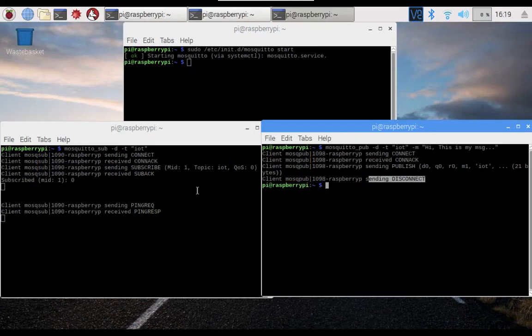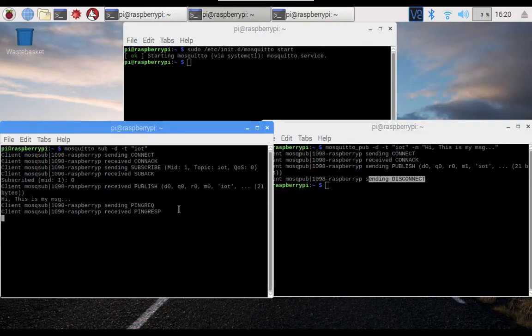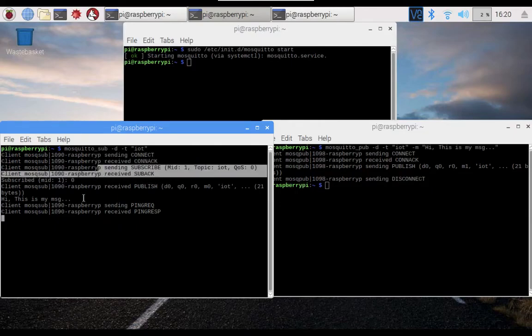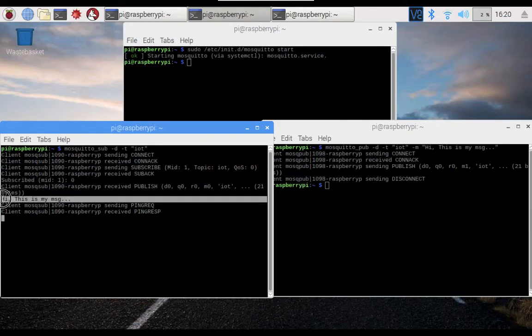Whatever message is sent by the publisher is received by the subscriber. You can see it here. Our subscriber sent a connect packet, got a connection acknowledgement, then sent a subscribe message, then received a subscribe acknowledgement, and then whatever message is published by the publisher is received here.